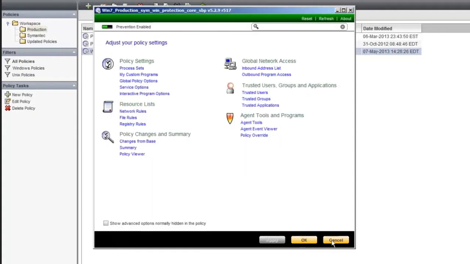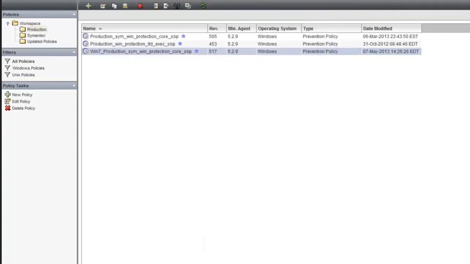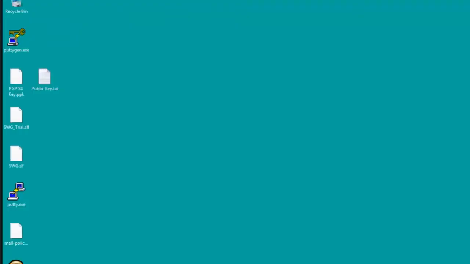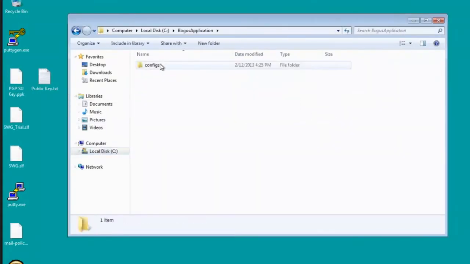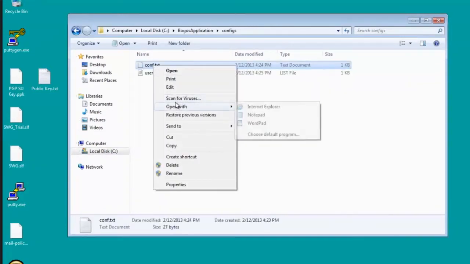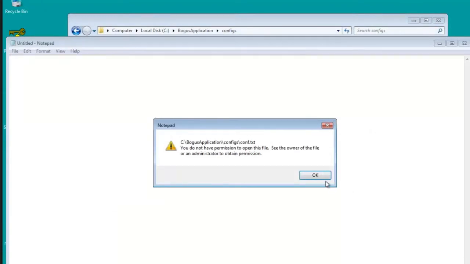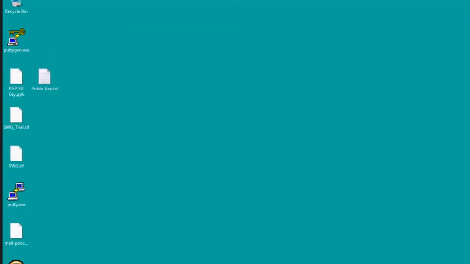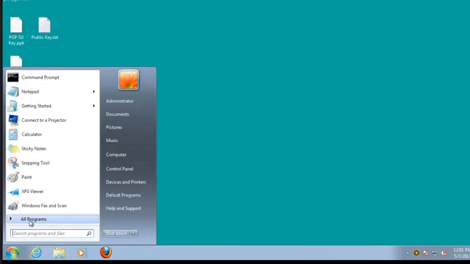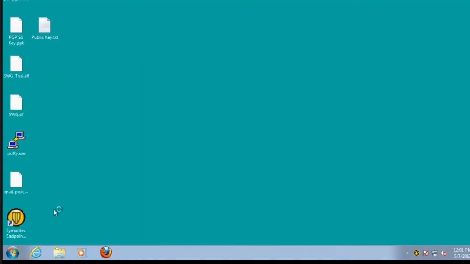So let's jump right out of this a minute. Go back to our Windows 7. Let's just start the Windows Explorer here again. And if I go to bogus application and config, I still won't be able to open this. Can't print it, can't open it, can't do anything. But what I can do is start the policy monitor, and then if I come down here,